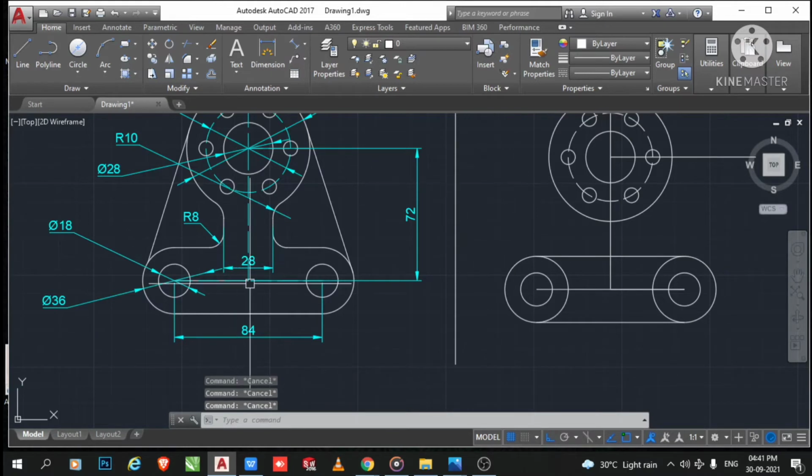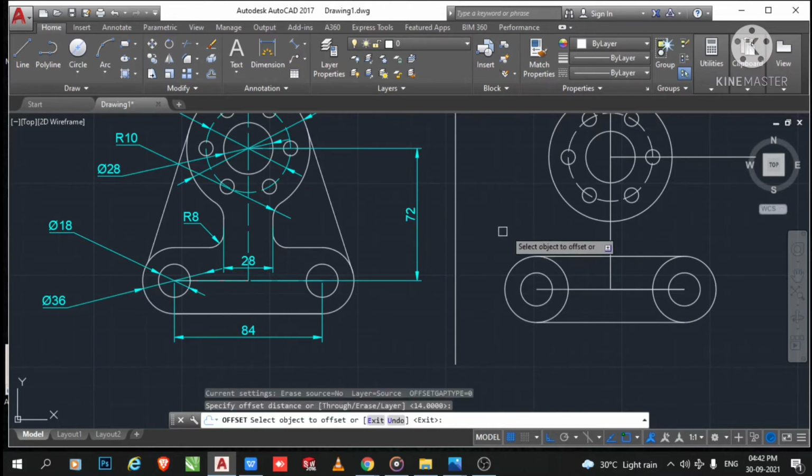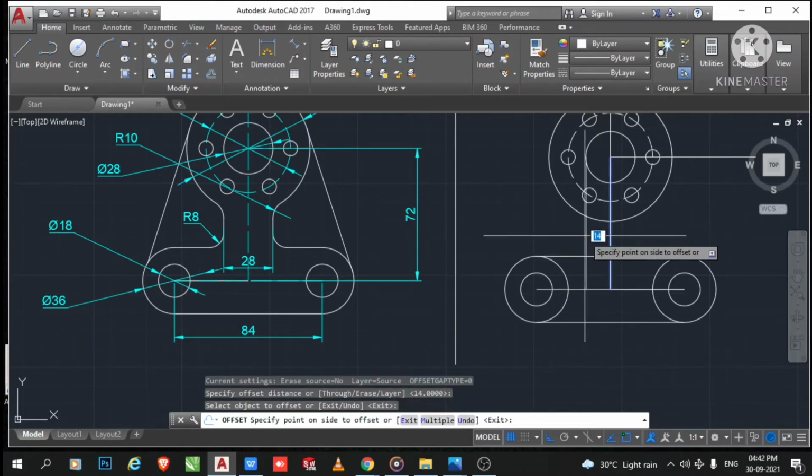Okay, and here we create this offset of 28, means from this line to this line the gap will be 14 millimeter. So go to the offset command and here it will offset of 14. Okay, select this line and select here, again select this and select this one.